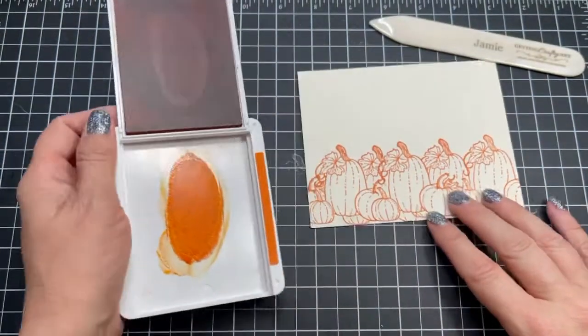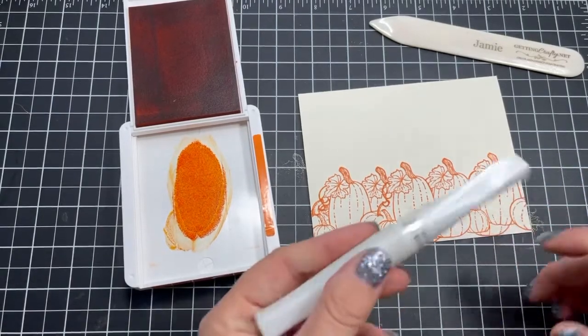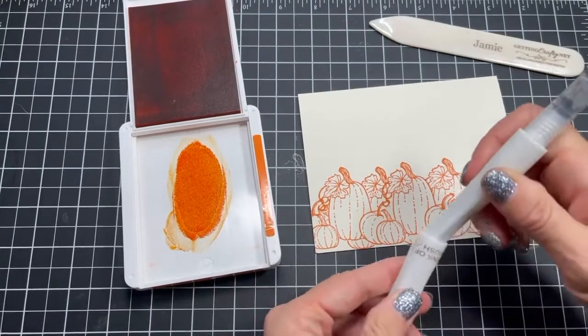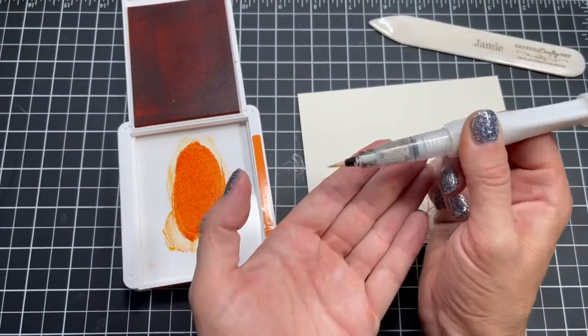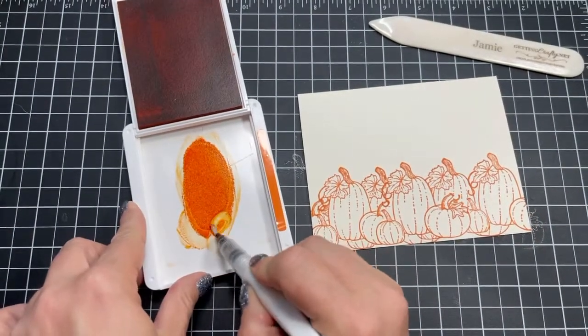This creates a little well of ink, and I want to add sparkle. So what we're going to do is grab our Wink of Stella brush. That's a glimmer brush right here. And we're going to give it a nice little squeeze. You want to hear that juicy sound, right? And we're going to kind of blend it out here